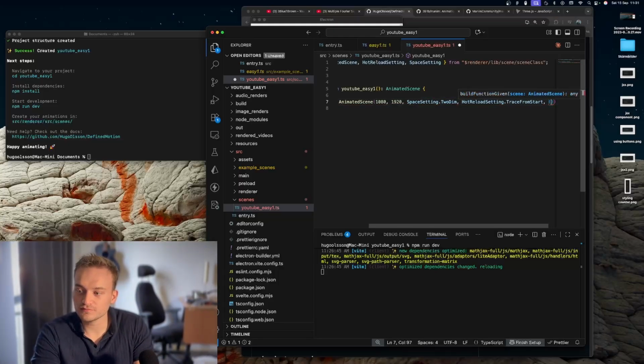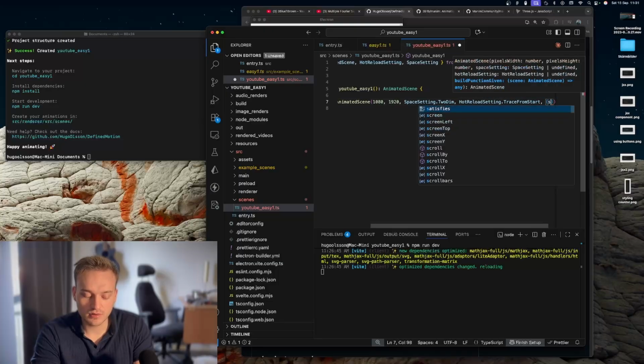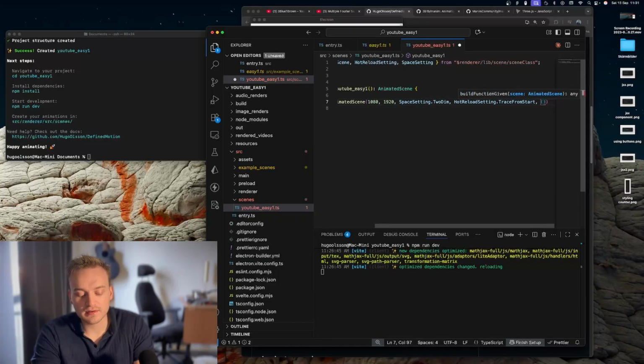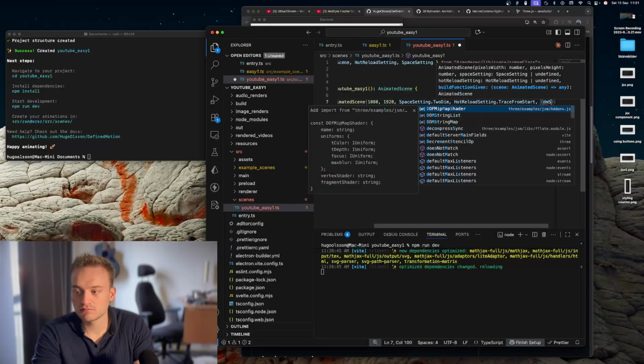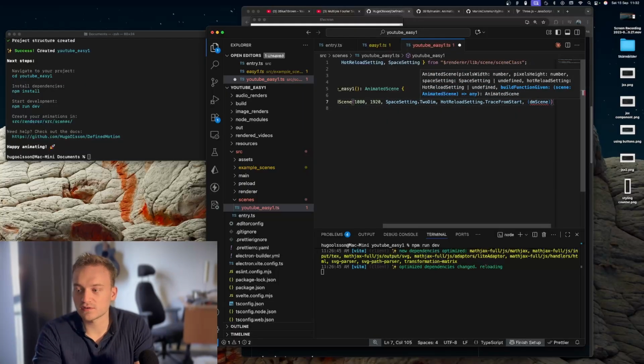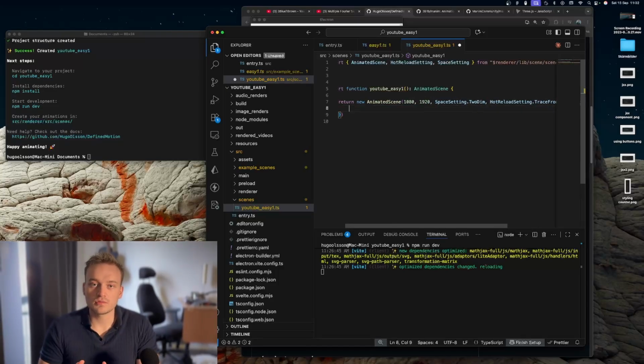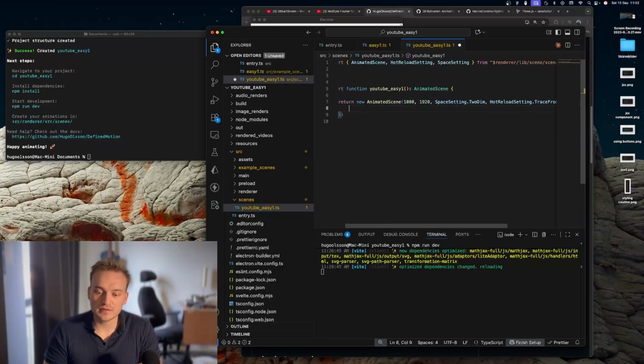So we give a callback function where we will take an argument, and this will be the DefinedMotion scene. So we can call it DM scene, maybe. You can call it whatever you want, but so now we are ready to build the animation, and we